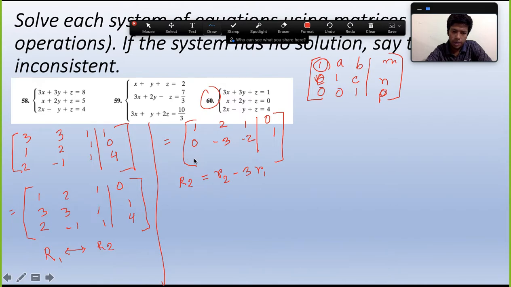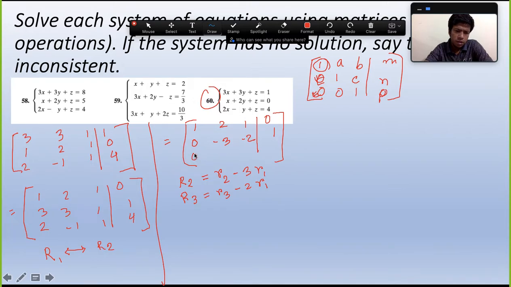All right, and in row 3 also we can target this 0 here. If we target that 0 here, then what we can do is multiply row 1. We can say that row 3 equals row 3 minus 2 row 1. Okay,